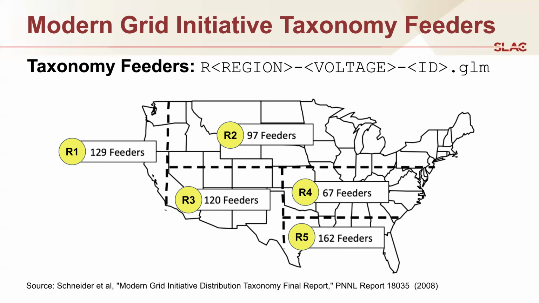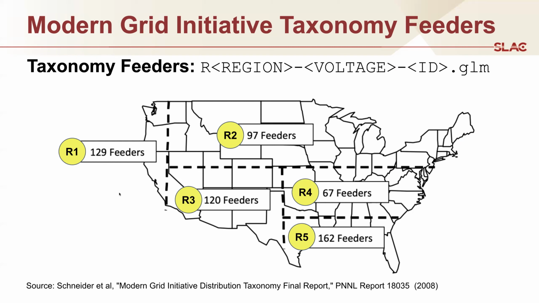These were clustered according to climate regions and the voltage characteristics of the primary voltage on the feeder itself, and then a feeder ID was assigned to uniquely distinguish between each of the feeders within each region. So in region 1, the Pacific Coast area, we had 129 feeders that were used to generate the sample of, I believe, 5 or so feeders. And then the same thing was done for region 2, the northern part of the United States, region 3, the desert southwest, region 4, the mid-Atlantic subtropical climate, and then region 5, the tropical climate of